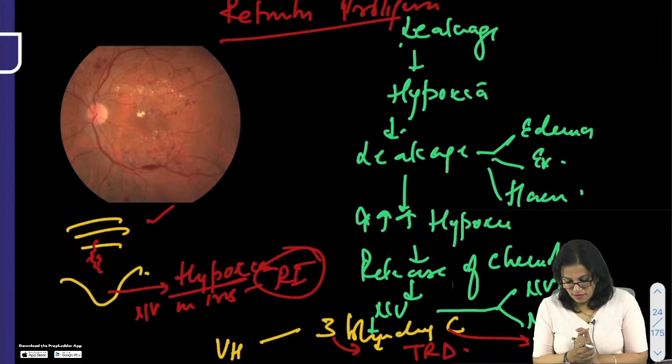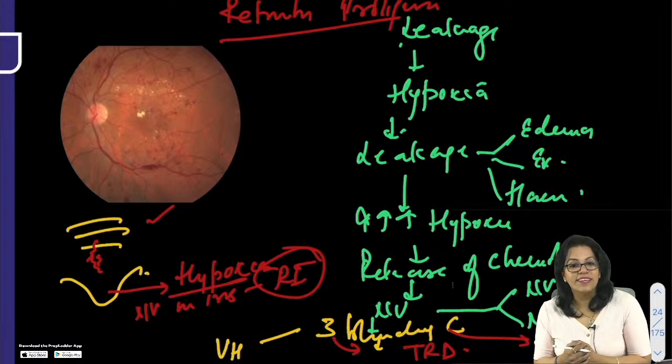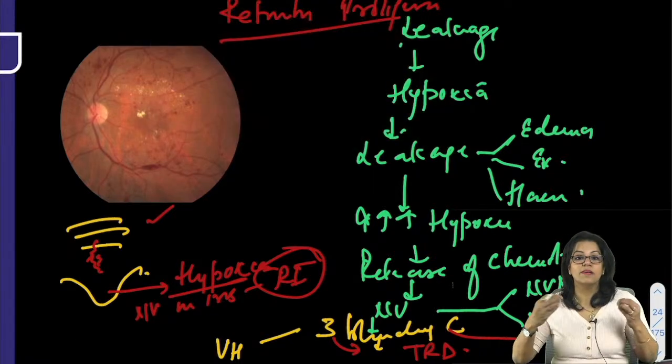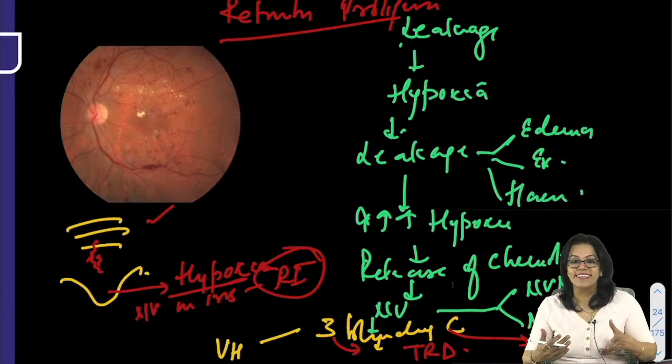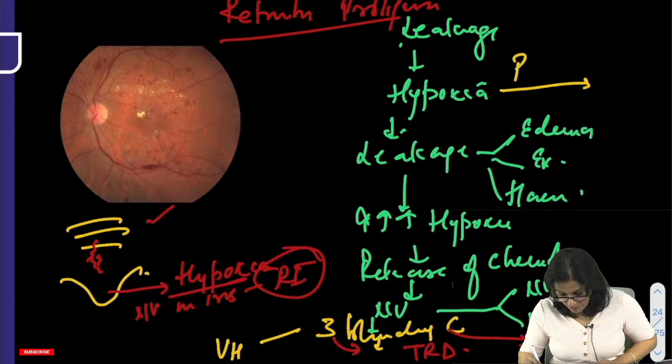So why do you use laser? Can you tell me what laser is doing in this whole story? Interesting. Laser is actually nothing but burning the retina. That's why you can't do it repeatedly. It will damage the nerve fibers. But what laser is actually doing, pan-retinal